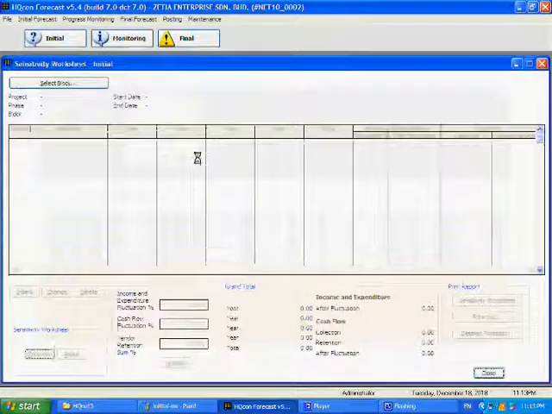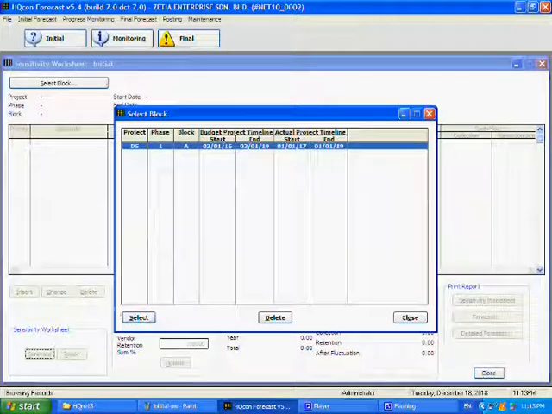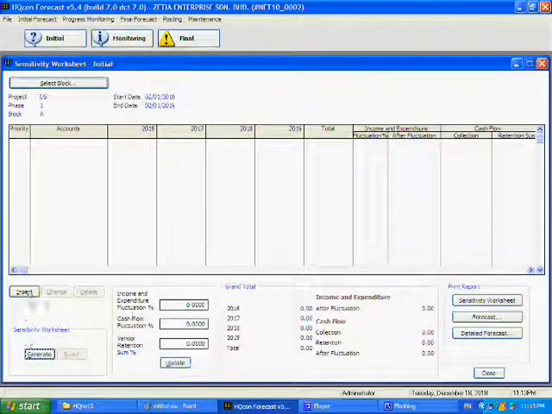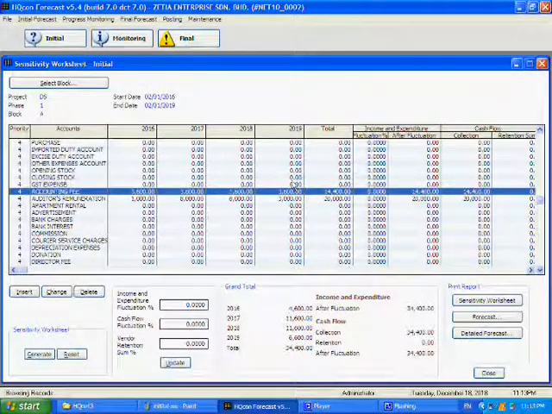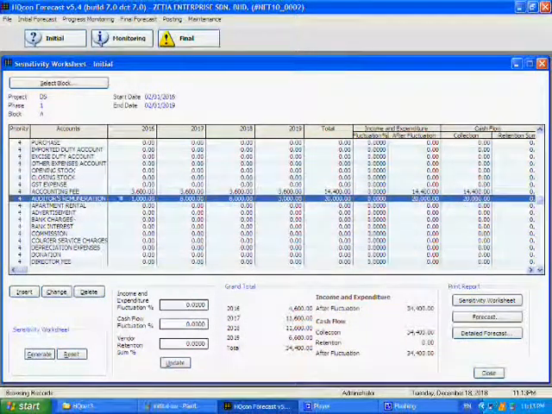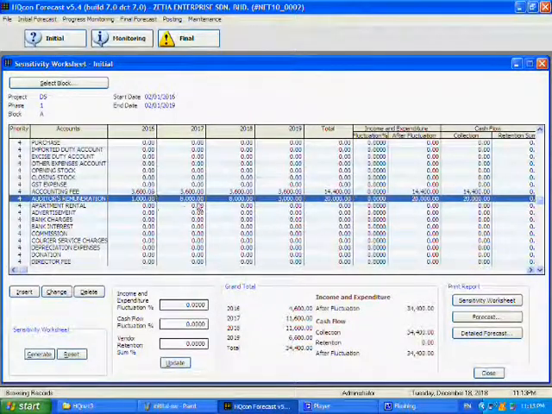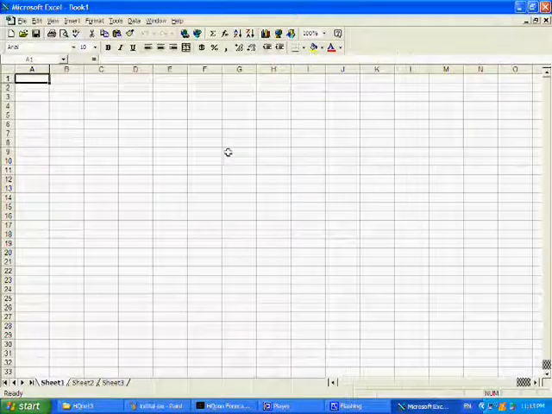So when I click on the sensitivity worksheet and followed by generate, I'll see the figures all generated. And then notice the accounting fee and the audit fee. As in the audit fee, the first year is 1,000. So when I click, Excel